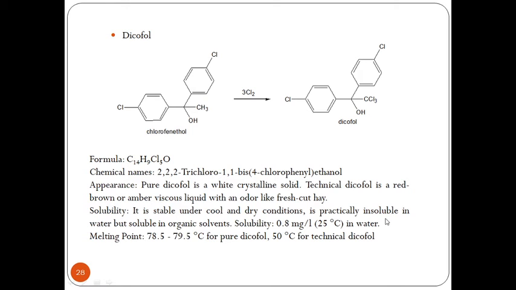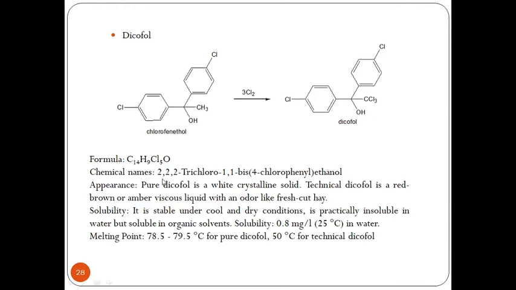In the dicophol system also, we can observe the presence of OH between 3300 to 3400. Previously in chlorophenthol, methyl protons would be observed which would not be present in the final product. The protons of the benzene would appear in the range of 6 to 7, and in mass spectrometry we will be getting a 3:1 pattern for chlorine, and in the IR these chlorines will be observed in the fingerprint region. So what is the formula for dicophol?